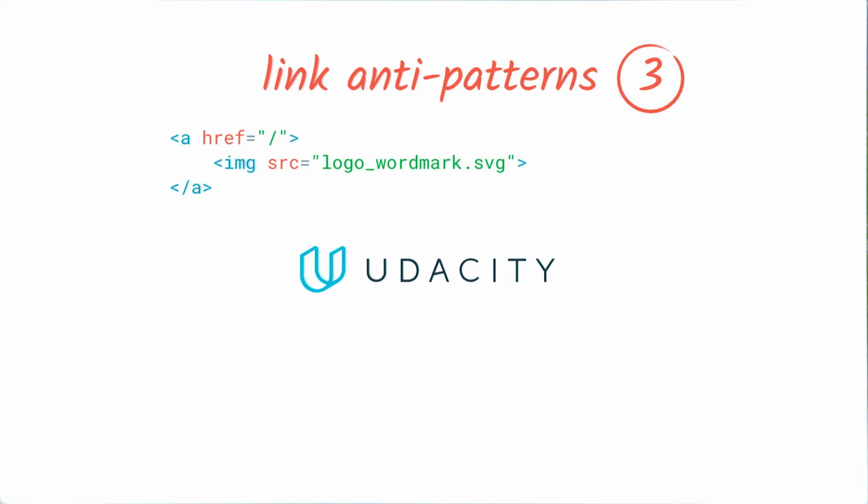And the third example is where we have an image used as link content. For example, sometimes you might have a piece of text which needs a very specific style, like a logo, and which is implemented as an image. To the average sighted user, this works fine because they can still understand what the link is for. However, for an assistive technology user, this makes the link unusable.